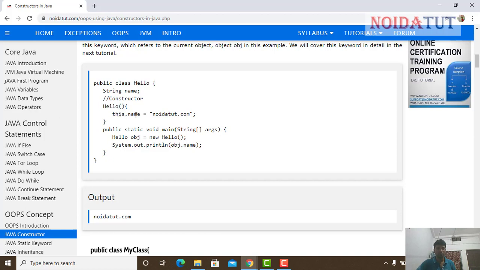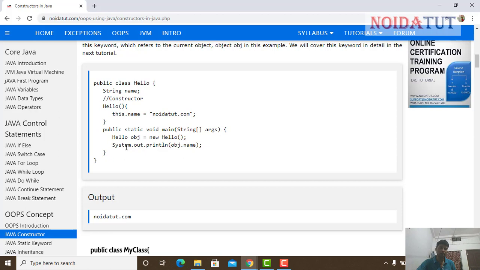In this we have this.name equals noida2.com. The function is over. Now public static void main String args. Hello is the name of the class, obj is the name of the object, new Hello. This will create the object of this class and it is going to refer to this method.